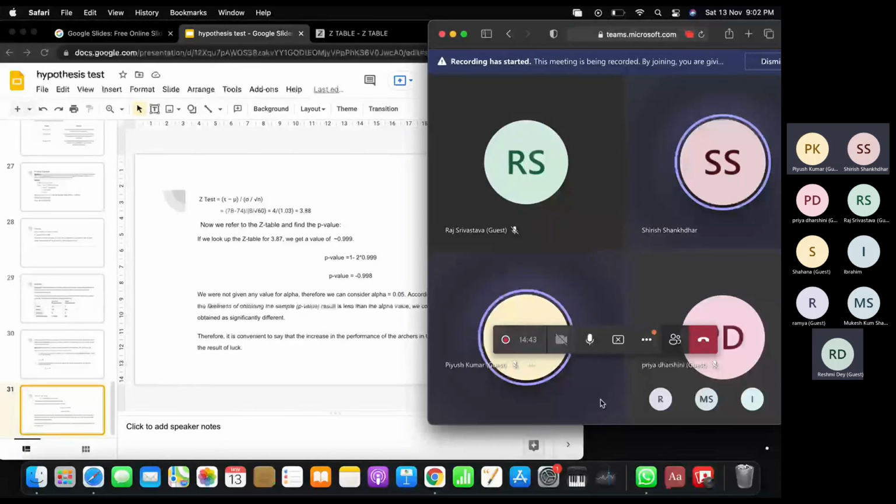But sorry, one thing. She actually shared the presentation with me, but there is a small mistake here. I failed to note that earlier. So anyway, since it is for your understanding, I will just tell you so that Rashmi as well as other people can correct that. So let's see how she has calculated the p-value.